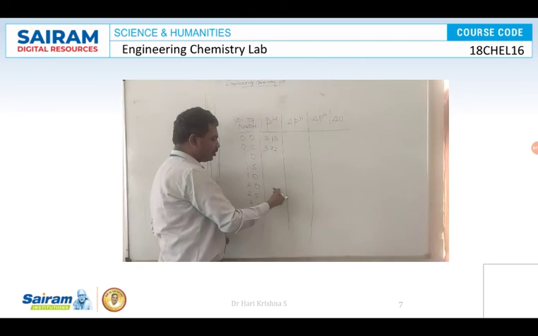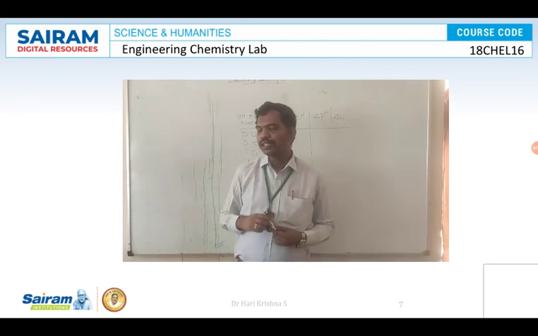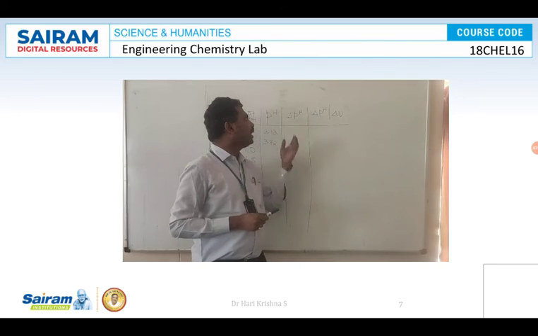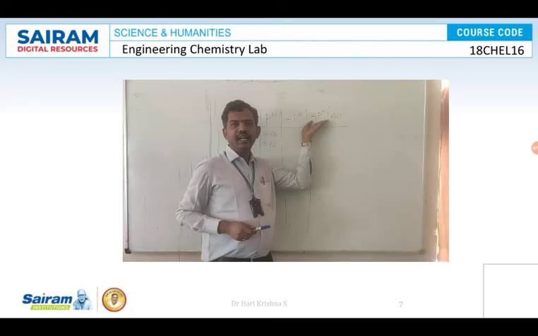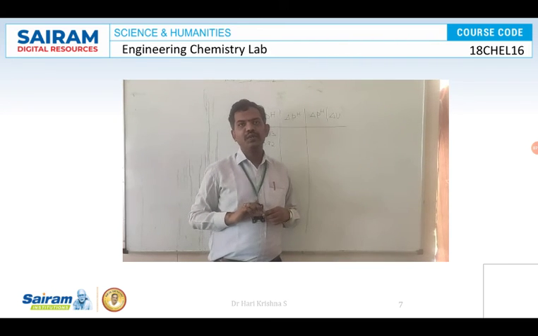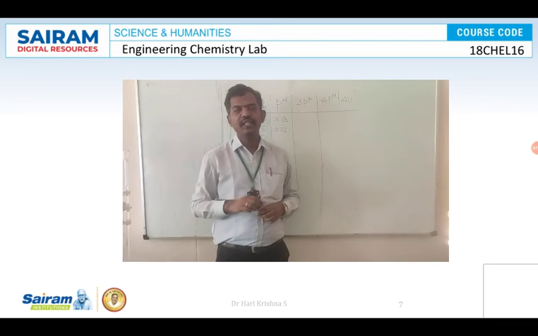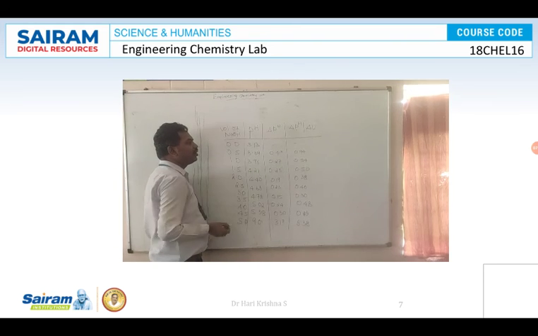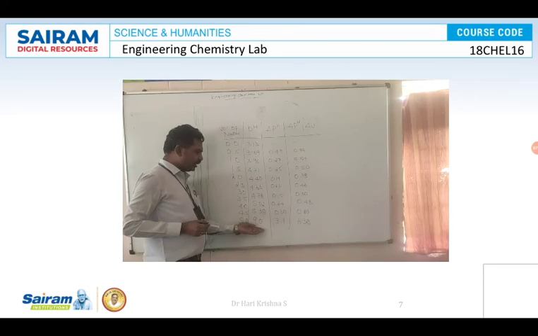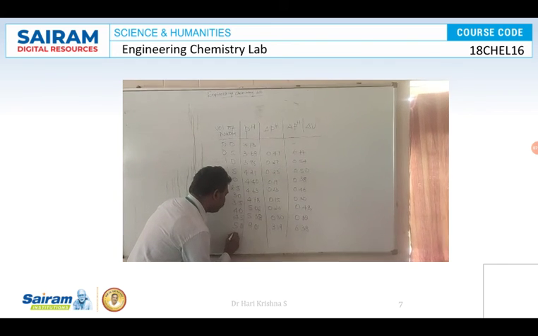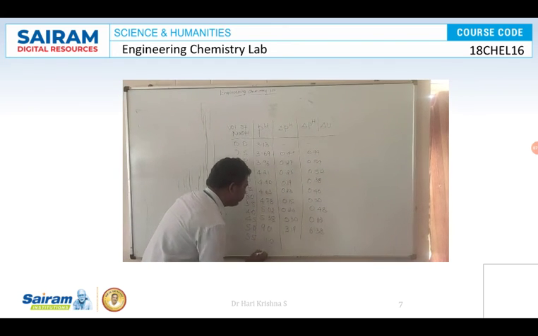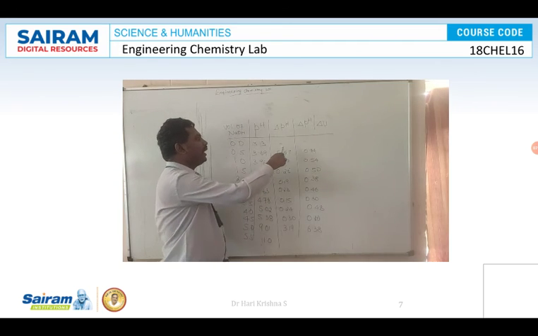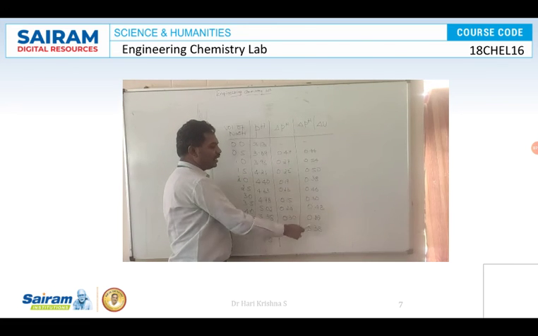So we are going to add NaOH in increments of 0.5 ml until there is a sudden jump. Once there is a sudden jump, we are going to take 4 more readings and stop the experiment. Then we calculate delta pH by delta V, and then plot the graph. We will see how to plot the graph later once we complete the readings. Around 5.0 there is a sudden jump in pH. Around 5.5 we have got around 11 point something. Once there is a sudden jump in pH, we will take 4 more readings and stop the experiment and calculate delta pH and delta pH by delta V.